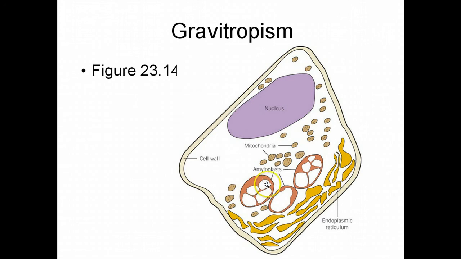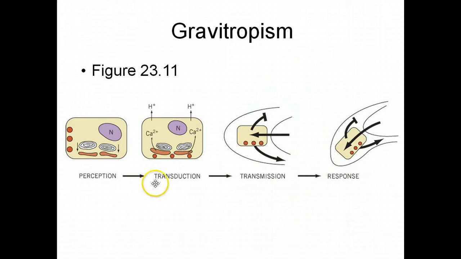They are always going to be collecting at the lowest point of the cell, wherever the gravity is, pointing toward the center of the earth. And this then causes a very complicated reaction series that ends up distributing auxins. In this case, there's a hyperconcentration of auxins on the lower side,